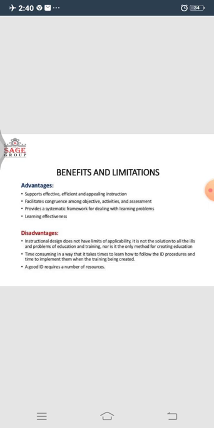And a good instructional design requires a number of resources. Exactly, because we include a broad spectrum of things in it, and therefore we require many resources. So in this way, we have learned today what instructional design means, what we mean by model, instructions, design, how we make it, what its importance is, and what the disadvantages are.